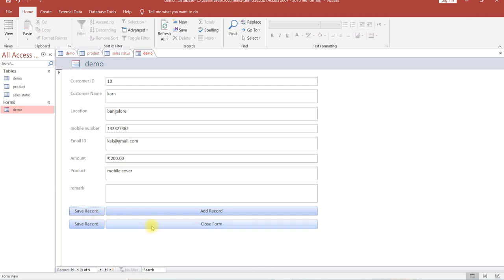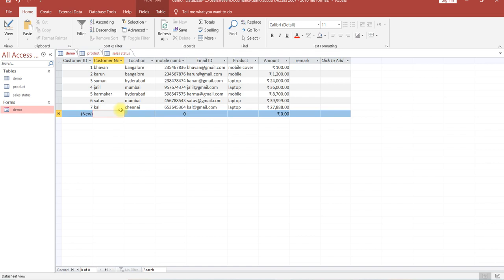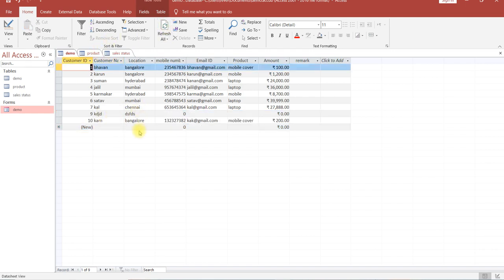Then close the form. You can see that particular record will be updated. These particular records will be updated.